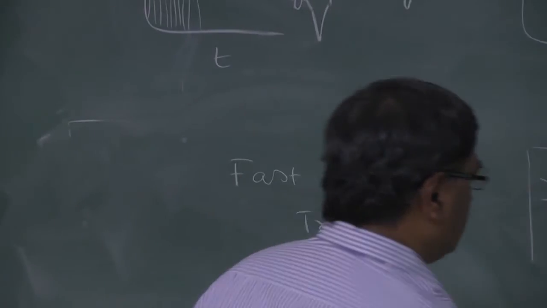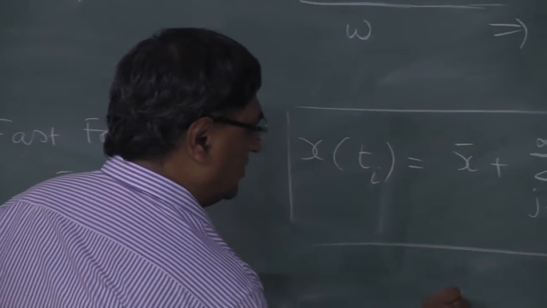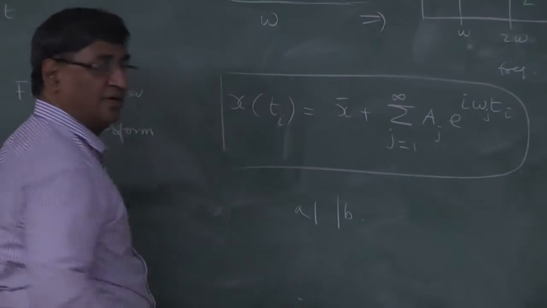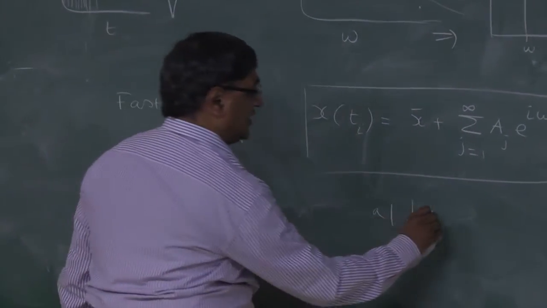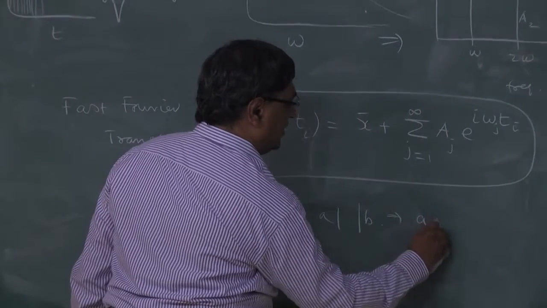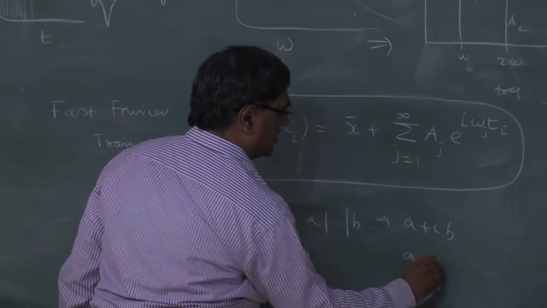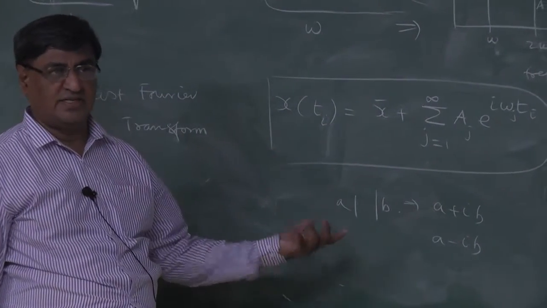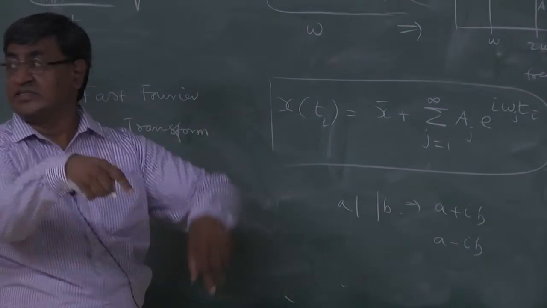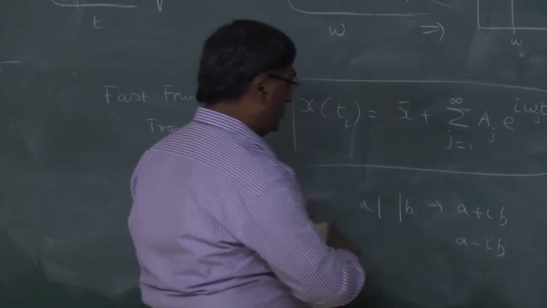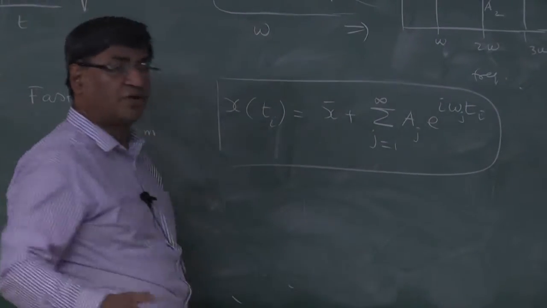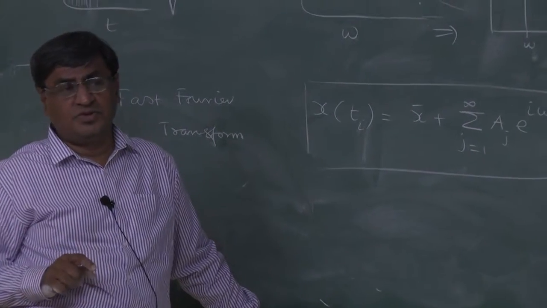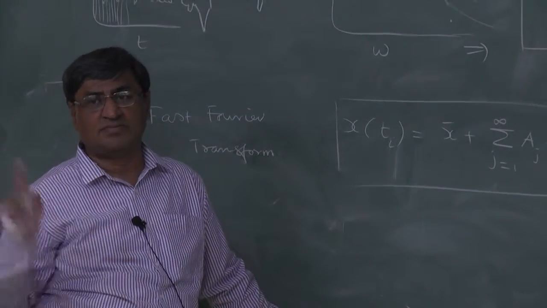Suppose you have, for example, a final value of only 2 values, A and B, alright. The Fourier transform of this can be written as A plus B, A minus B, like that. You can write it in terms of this. So for a 2-term series, you can write like that. Then combining, etc., you need to combine them more and more. Which means for multiples of 2, when the data is in multiples of 2, you can construct the algorithm in a very simple way.